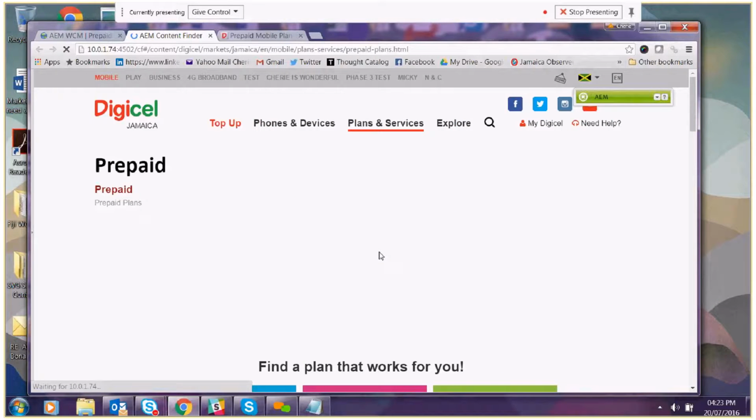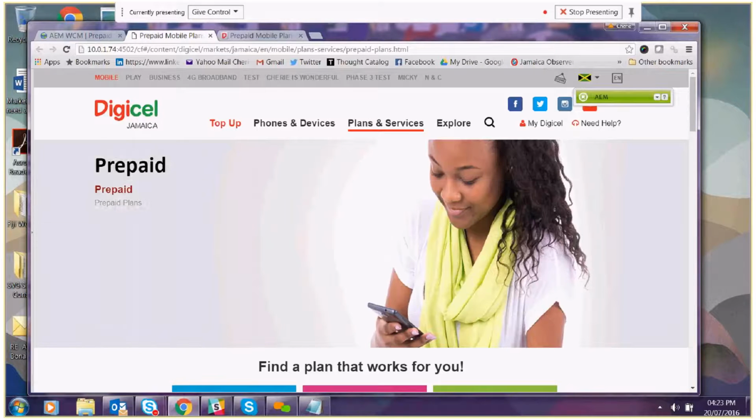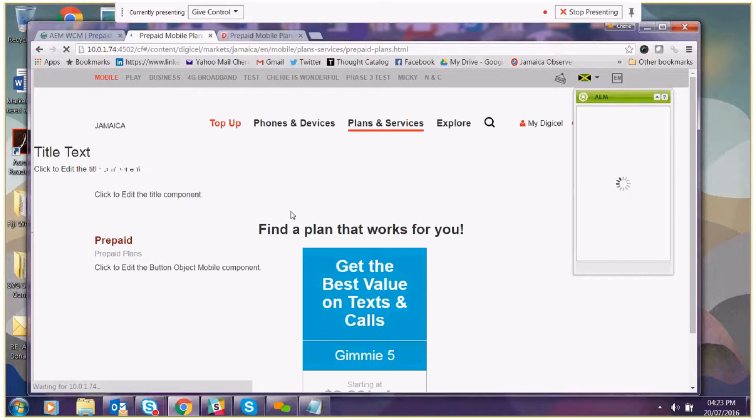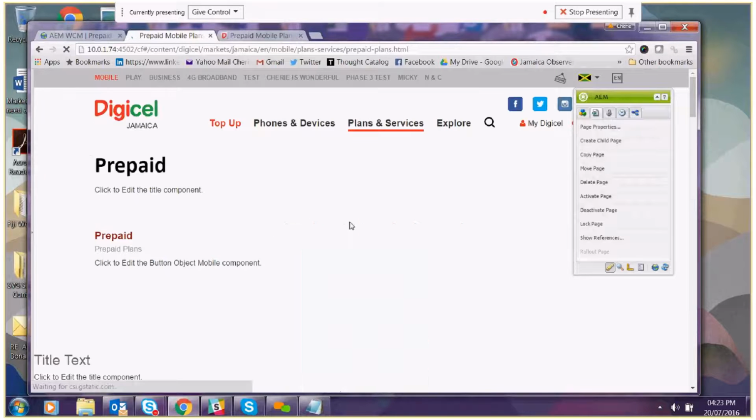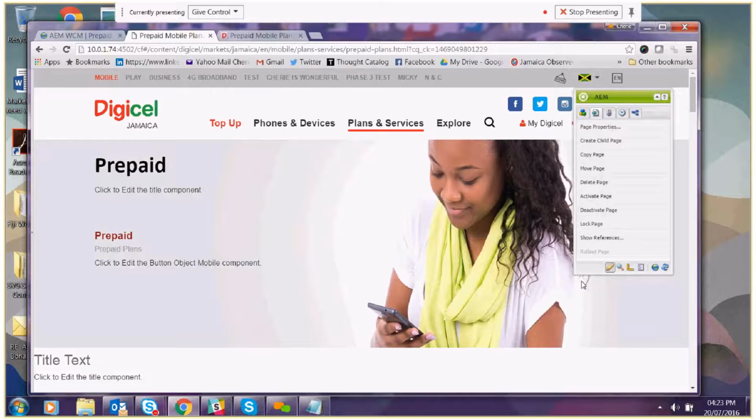So again, we have a general banner at the top of the page, and I showed you guys how to edit that in the home page. I'm not going to show you how to do that again, but if you are ever not sure about what component you're using, remember, and I'm in preview mode, so I'm just going to go in edit mode so you can see. Okay. If you're not sure about what component you are using, you are able to